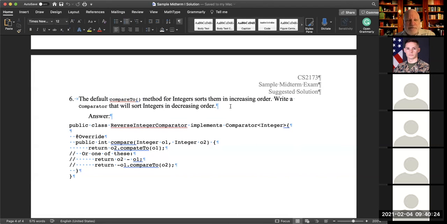That I do expect you to know: a TreeSet or a sorted set, if it contains integers, no matter how I put them in, is not going to have any duplicates, and it's going to keep them in increasing order.